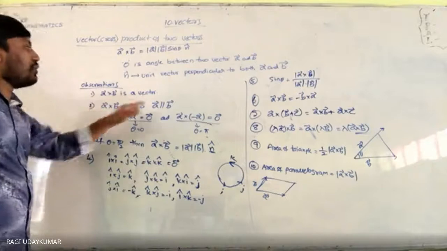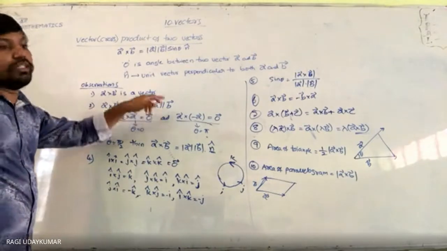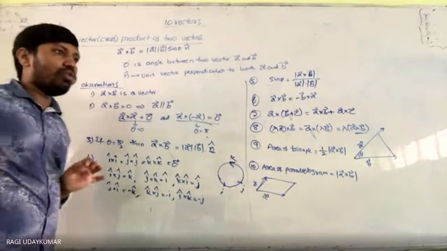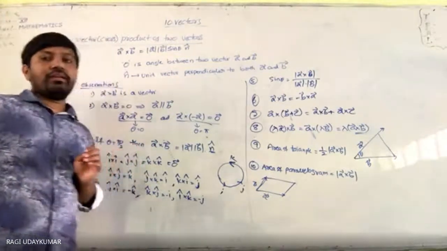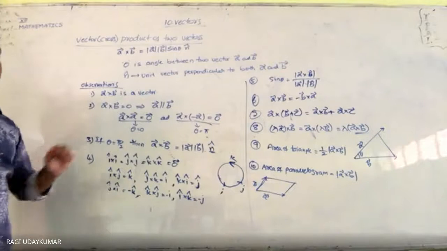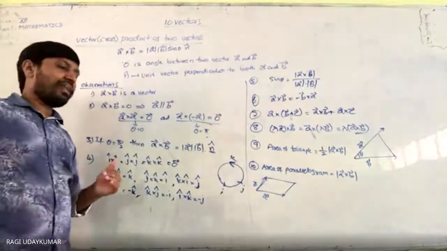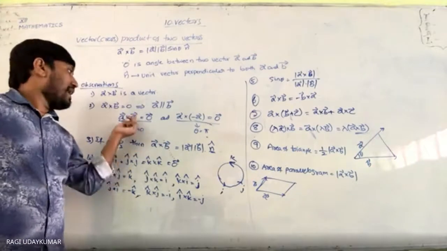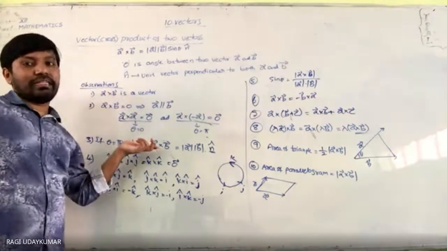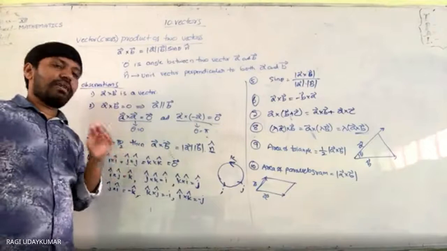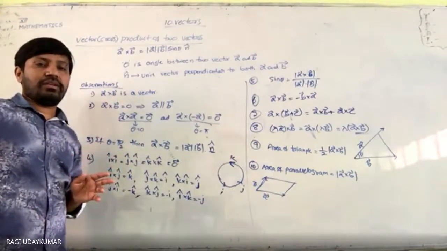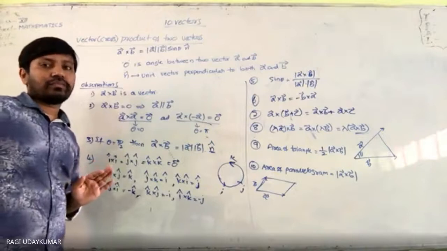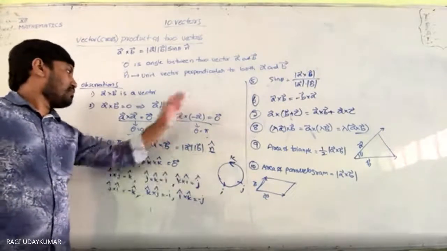Now here it is a vector, and in case the cross product is 0, then the two vectors are parallel to each other. How will parallel vectors normally be? Two parallel vectors, A and A are also two parallel vectors, because two same vectors can be considered parallel to each other. So these are the main observations here.